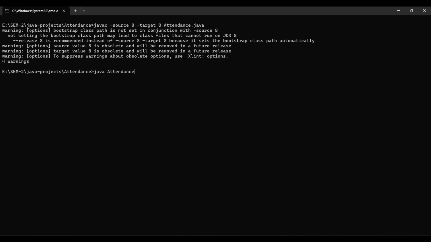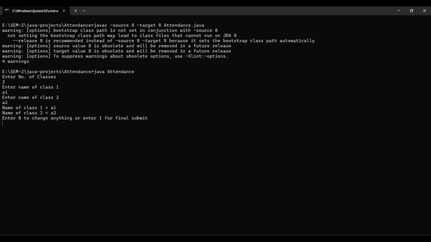Okay, now our program is ready to run, and it is asking us the number of classes. Let's suppose 2, and name of class 1, let's suppose A1. Then name of class 2, suppose A2. Enter 0 to change anything or enter 1 for final submit. Suppose we are checking, so 0, it is asking us to change all or change any particular class. So I am going to choose a particular class,